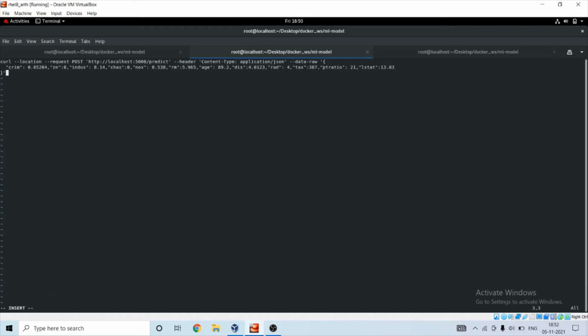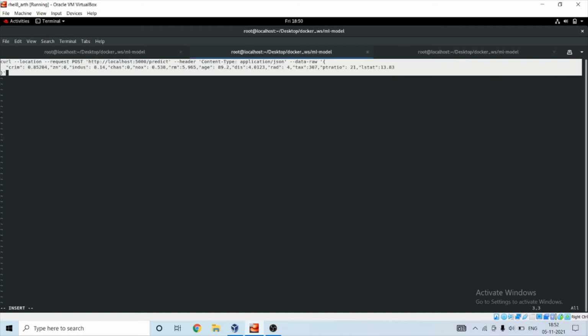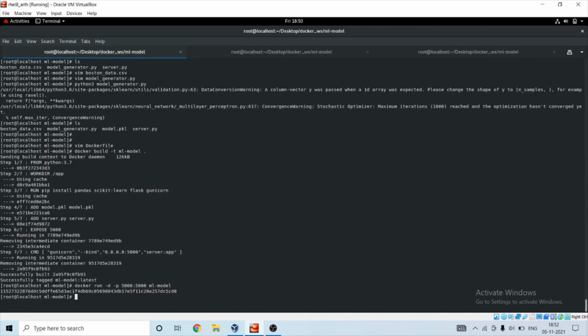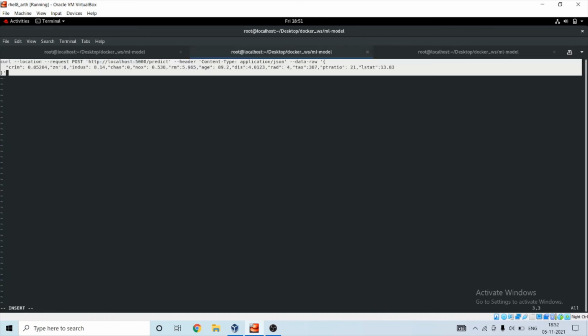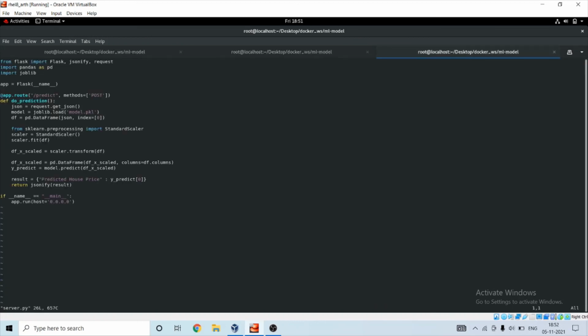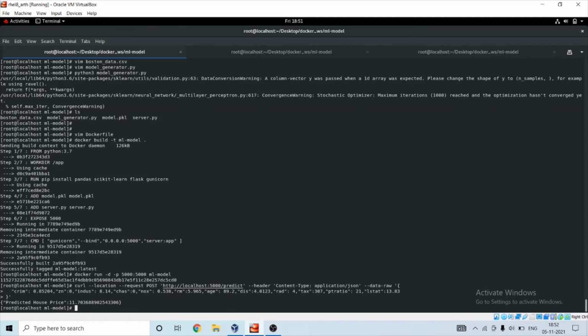I've already written this command that will send a request to this container on localhost 5000, and we will provide several values like this. Slash predict is the URL where it is listening, and the port number is 5000.